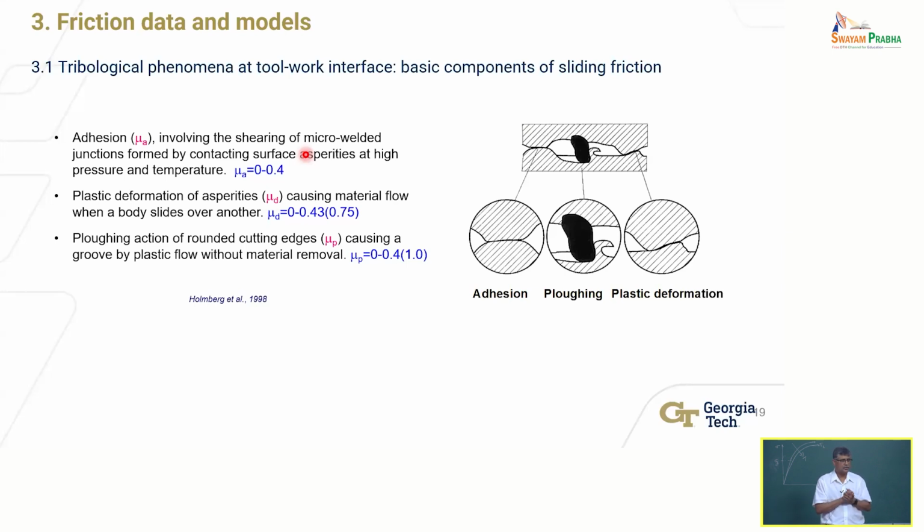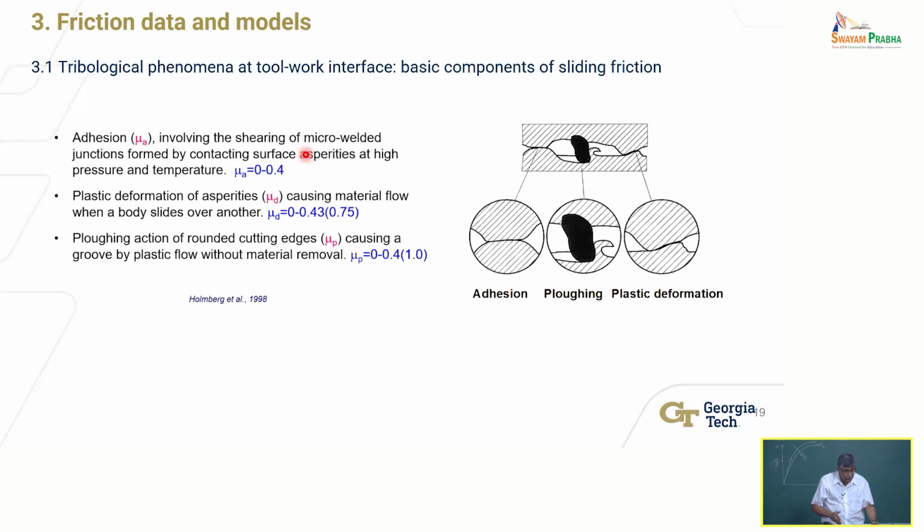Under those conditions, the frictional phenomena are much more complicated, okay? Your simple Coulomb friction doesn't describe what is happening. Coulomb friction may describe what is happening as the chip is moving away from the face of the tool at the tail end of contact. But right near the tip of the tool, where you saw the chip in that video, the conditions are very different.